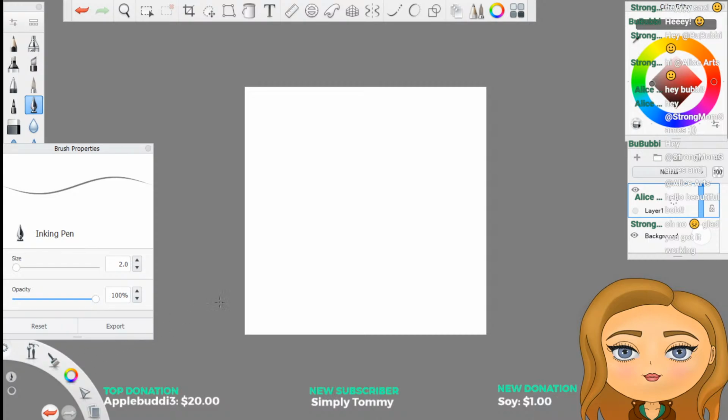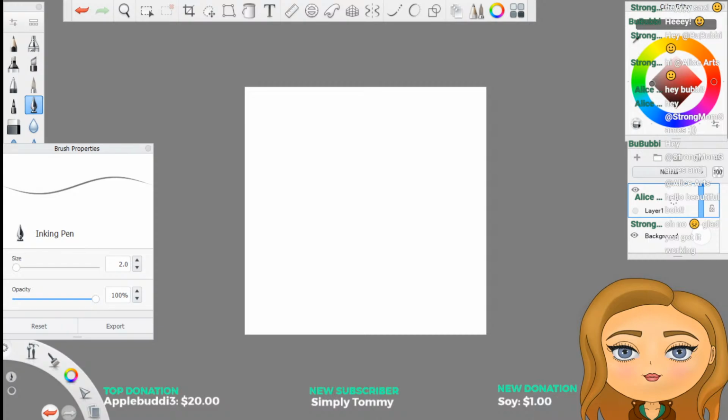But speaking of doesn't have to be perfect, we're doing some sketching today just to get out some ideas. I've done some sketching practice, but I haven't really done any sketches over here.